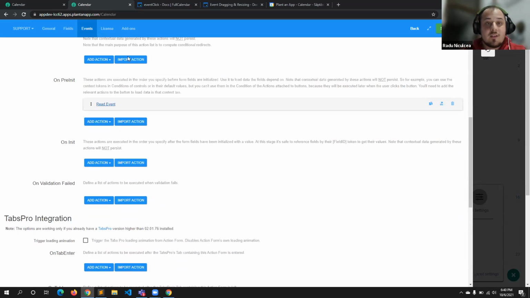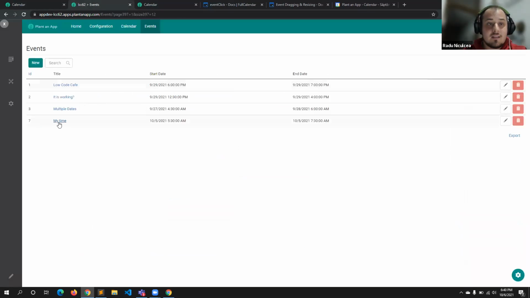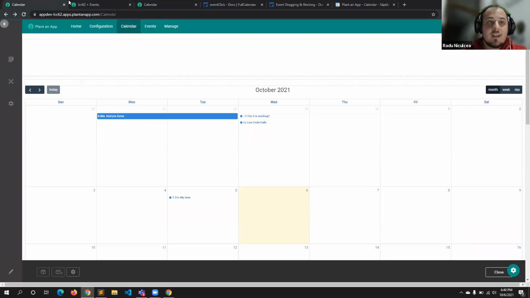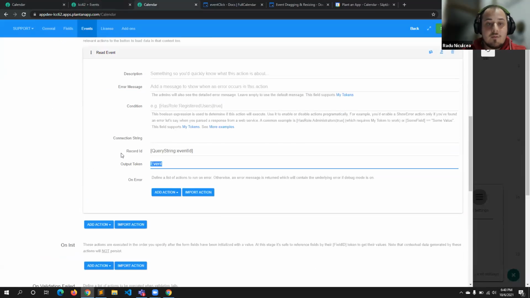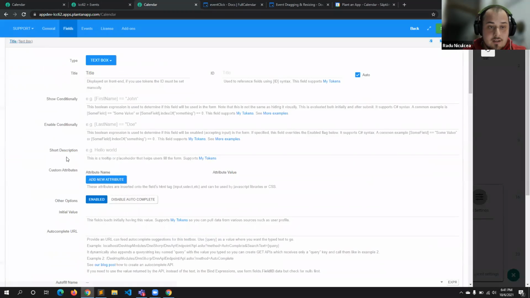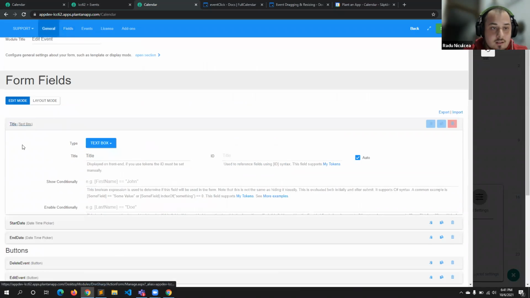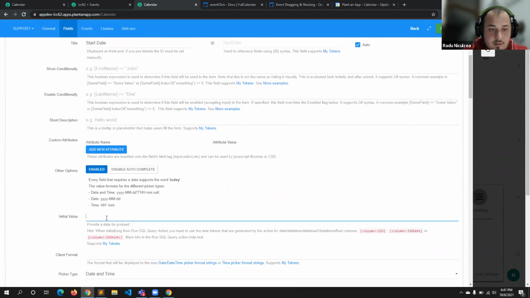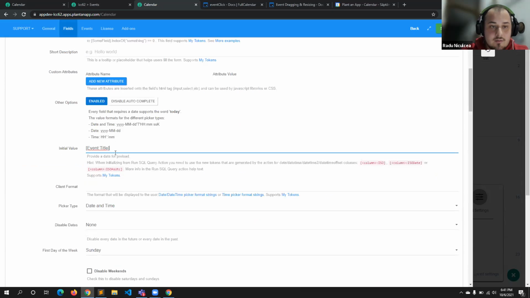The idea is that if I pass, for example, event number 7, I will have access to everything that event 7 has: the title, the start date, and the end date, which is great in my case. Now that I have a base token called event, I can go to each individual field and say, hey, I want event dot title of the event. And here I want the event column start date, and also I would like the event end date. So those are the three fields that I have.